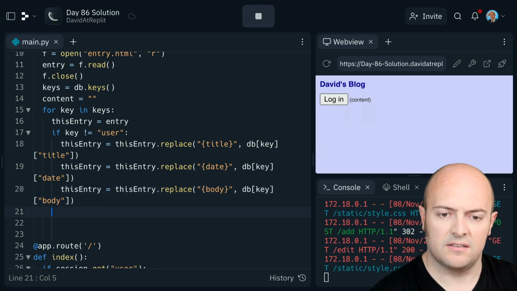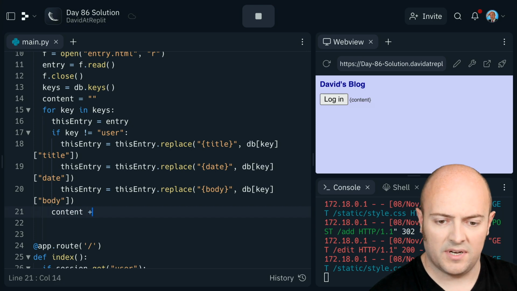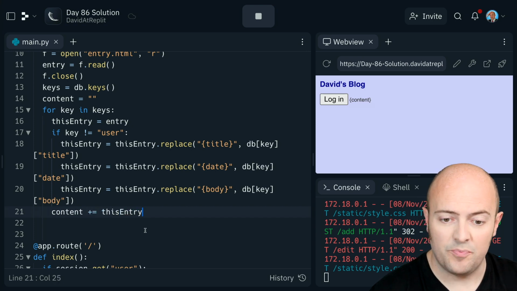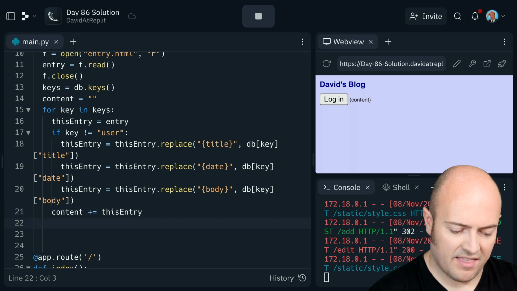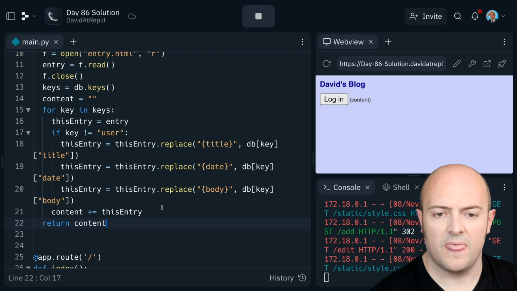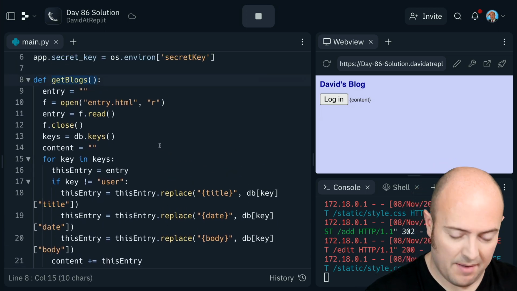Once replaced, what we need to do at the end of every loop is say content plus equals, which appends to it this entry. That'll loop and it will do everything. And once we've got to the end of that, we return content. So that should basically get everything and pull it back. So if I just do get blogs there,